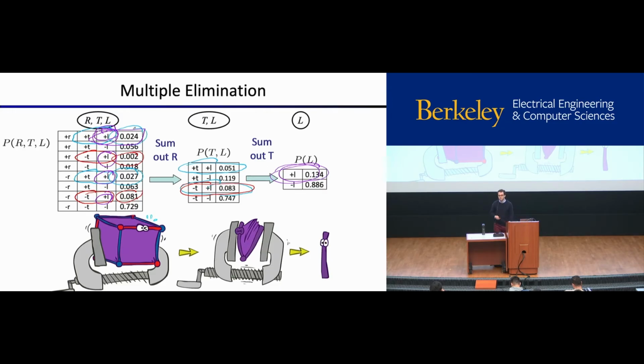Other questions? Yes? Is there a mistake somewhere? In the PL table, it should be 0.866. I think you might be right. Yeah, I think that's right. We'll have to fix that. Okay? Thank you for that. So, oops, think of this as 0.866. Great. Other questions, comments, other problems with the slides?